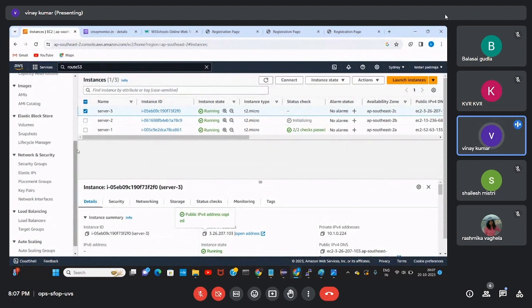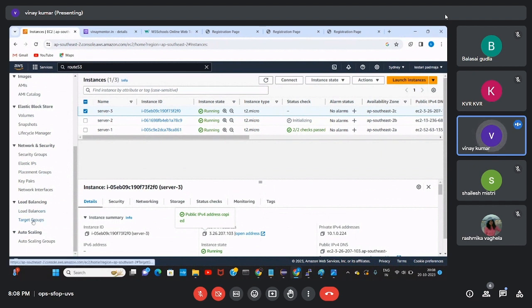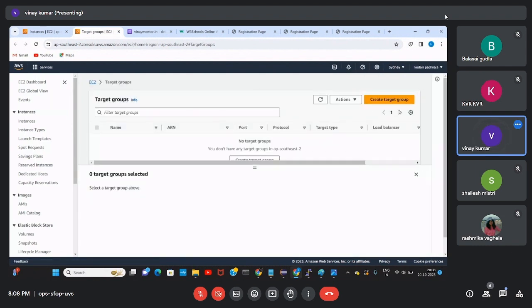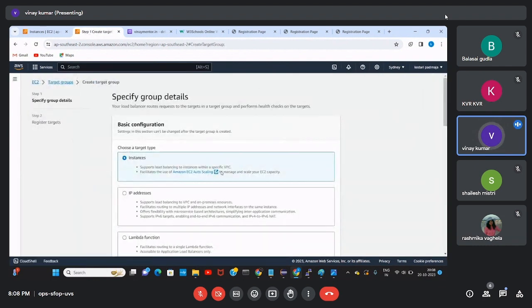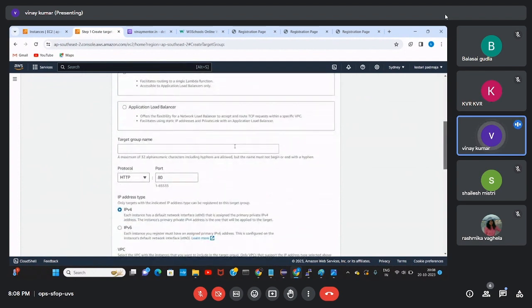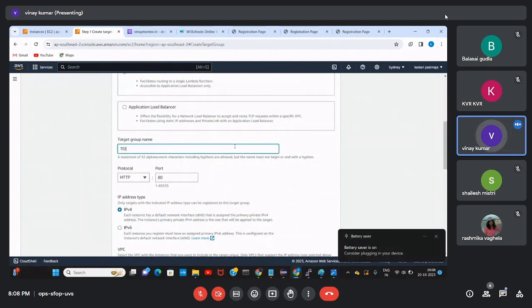Now in EC2 only, if you scroll down, there is target group and load balancer. I'm selecting target group and creating a target group. I'm selecting instances. Scroll down, target group one, tg1, any random name you can give.